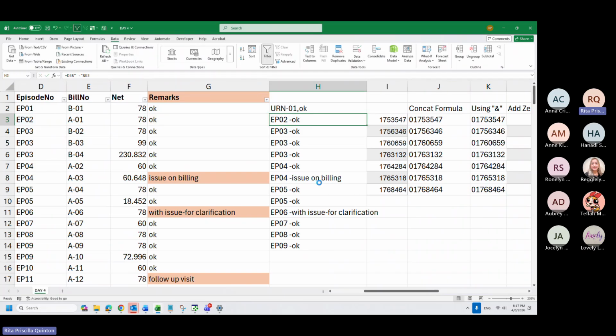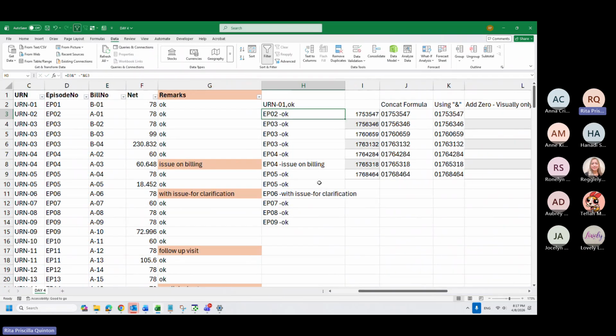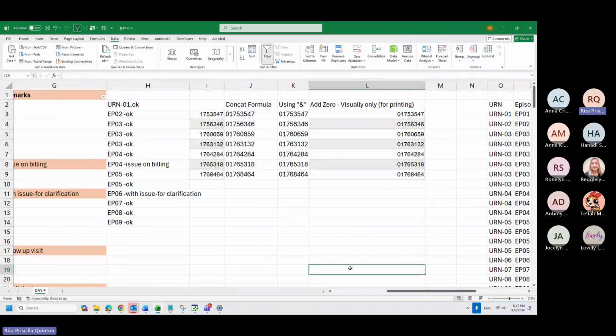This is useful as well because sometimes we receive, let's say, the bundle ID from sponsors. Bundle ID is linked with an episode.